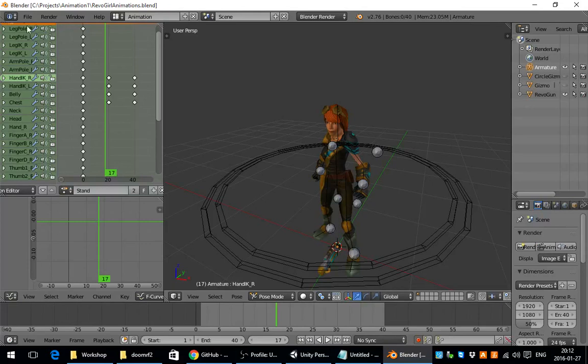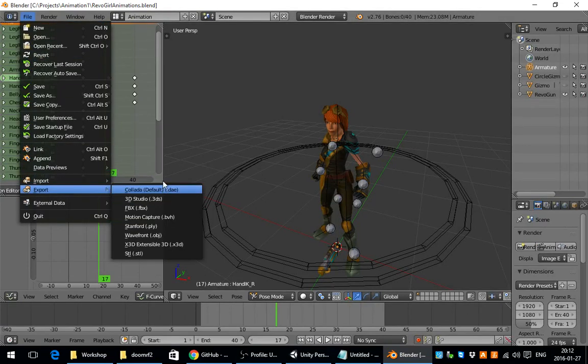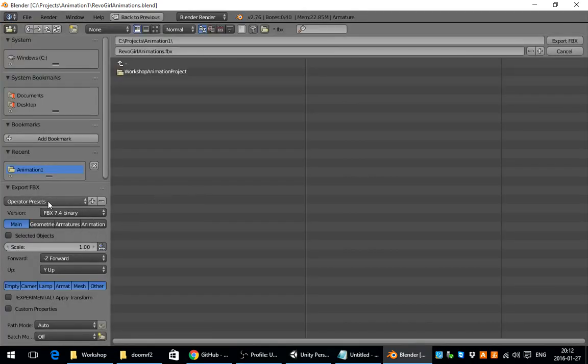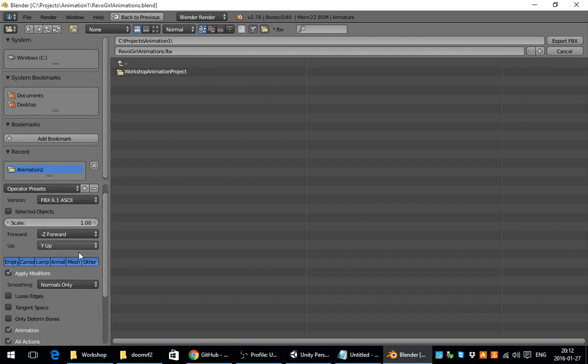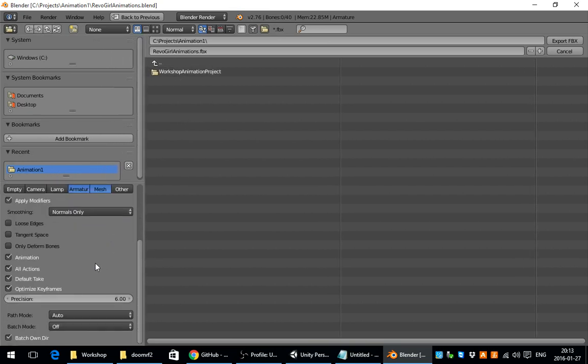Unity is pretty good with FBX, but you can use other formats too. Some of them, like OBJ, don't even support animation. I don't think 3ds Studio also had animation, but it might. You want FBX. We are not gonna use the newer version because it causes some problems, which I haven't looked into yet. So what we want is the armature and the mesh, and we probably don't want the default take,